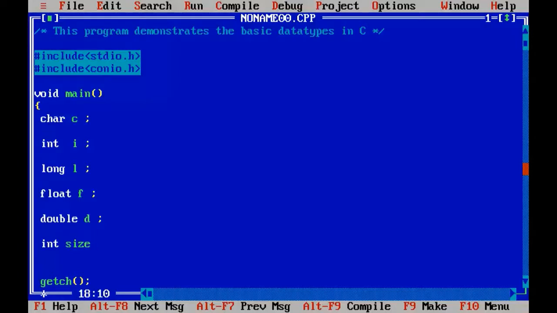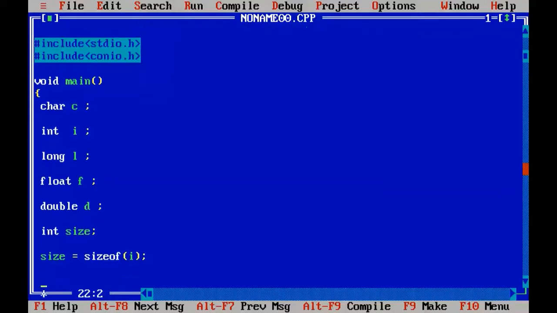The number is in integer form, so that's why we have declared the variable size as an integer. Now I'm going to use this variable to store the size returned by the sizeof operator, which takes any type of variable. Let us say I put I here. I've already declared the variable I, and when I put this I inside the sizeof operator, it will find out the memory required for the variable I and return the number of bytes to the variable size, because I'm assigning the result of the sizeof operator to the variable size.